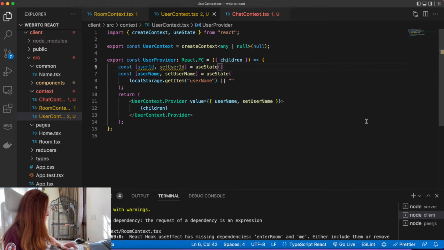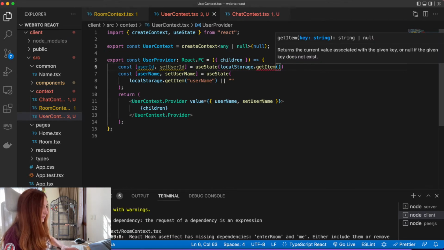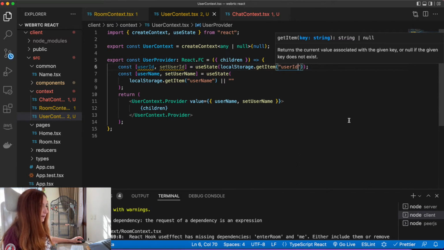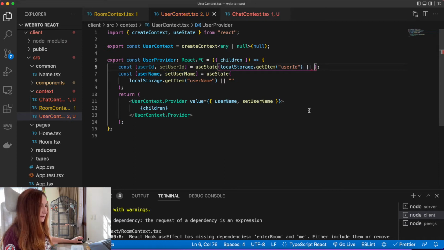And here we will use local storage first to check if we have a user ID saved, and if we don't have, then it's gonna be our